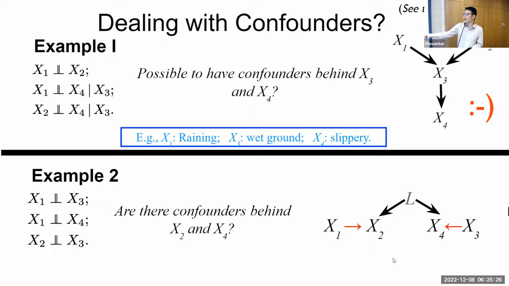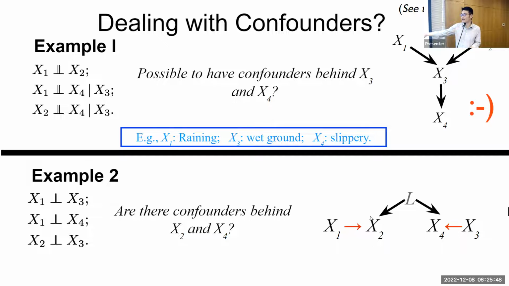That means there is a direction from 4 to 2, and another one from 2 to 4. If you apply PC, you will see this kind of contradiction. Why? The only way to explain it is to allow latent confounders. So X2 and X4 are dependent because of latent confounders, and there is no direct causal influence between X2 and X4, definitely.